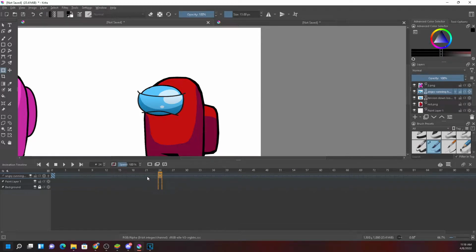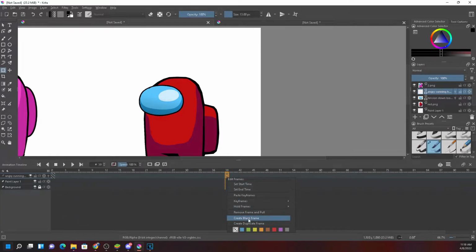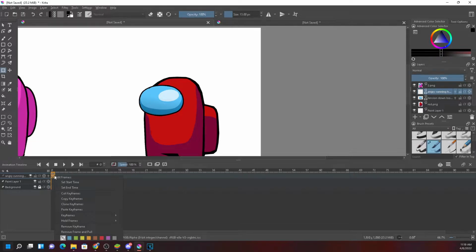I'm pressing Ctrl+Z, removing it. If I click over here, the frame will be created here and on the zero frame. So that is what happens. If I create it on the first frame, it also will be created on the zero frame. So wherever you create the first frame, the default is that a frame is also created on the zero frame. That's the main point. That is the problem.